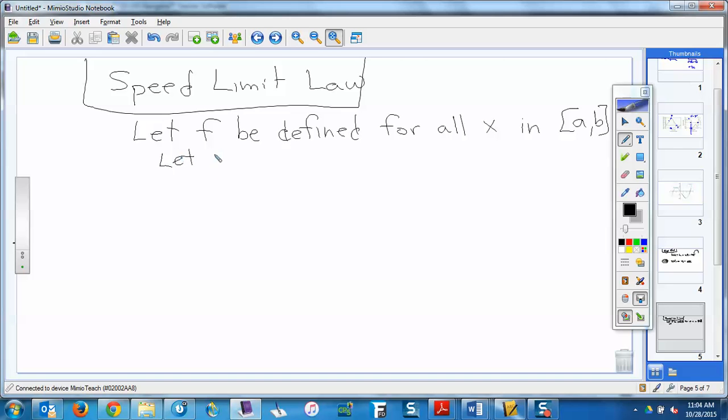Let m be any number. Okay, here we go. If f prime of x is less than or equal to m, and it would work for greater than as well, but we usually talk about less than. If f prime of x is less than or equal to m